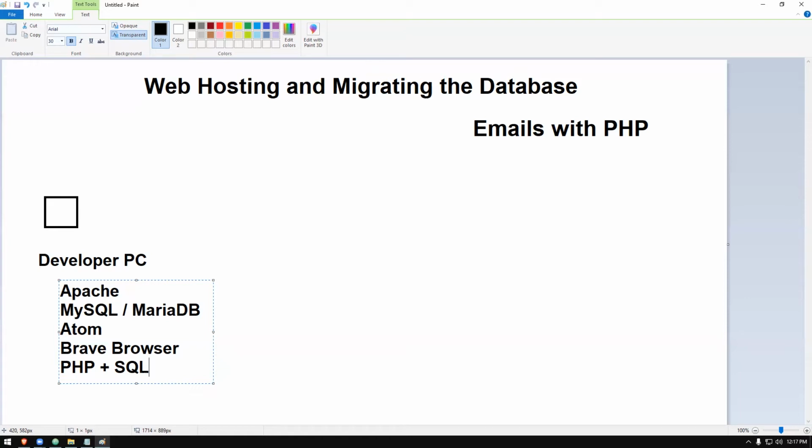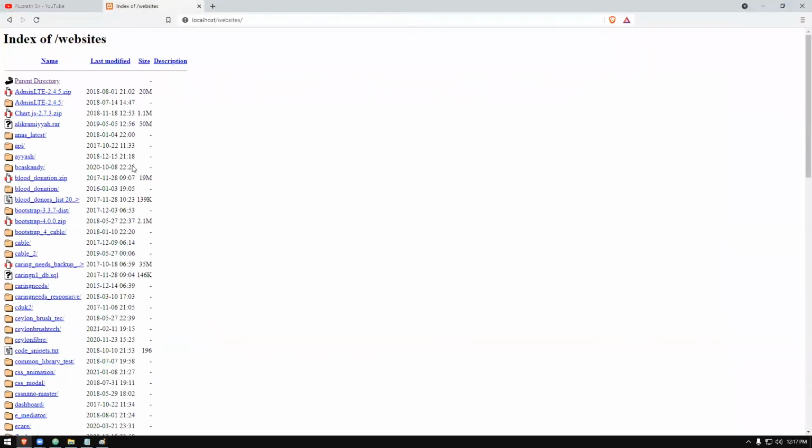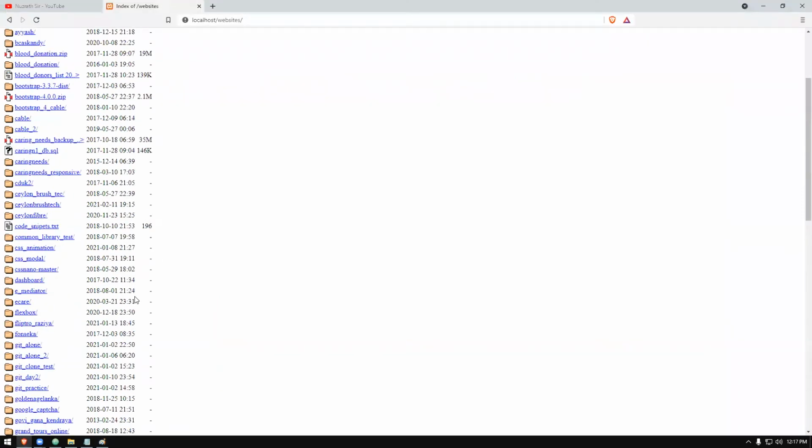We have an application that allows you to manage your database, a dashboard. Through that, we can control the back end. This is for the person who is going to maintain your website, and this is how we maintain the data in the website. That kind of website, we have developed. It is still available only inside my computer, on my local machine. Though you are participating in this online session, if you want to check the website there, you won't be able to access it.